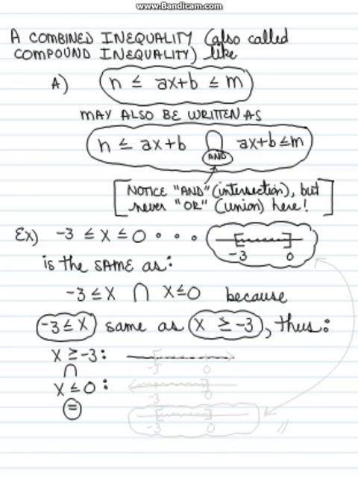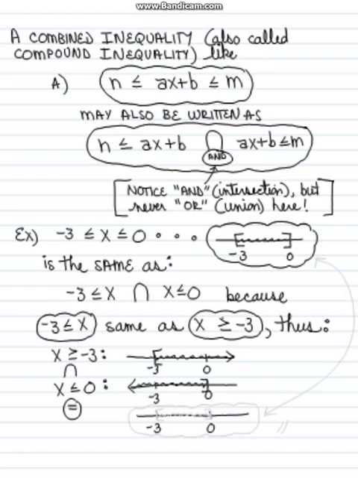So for x greater than or equal to negative 3, let's stack up the negative 3's above each other, and stack up the larger number 0. For the first one, we're going to shade everything that's greater than or equal to negative 3 with an arrow. For the second one, we're going to shade everything that's less than or equal to 0 with an arrow, and boxy brackets for both of these, by the way, because they have equal portions. And now we're going to